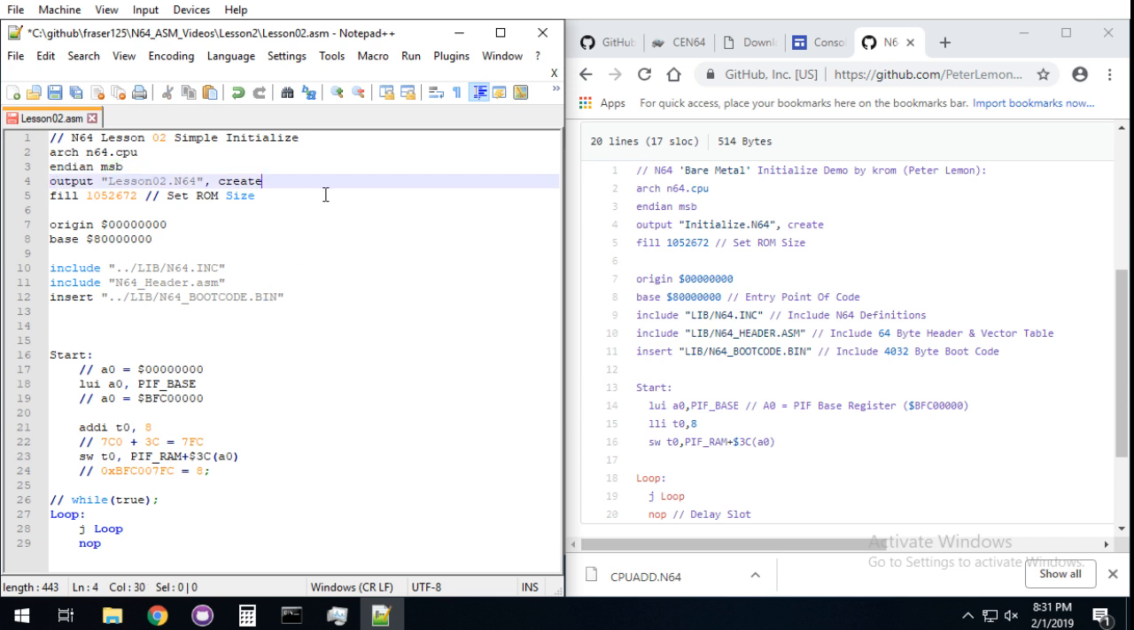So this output line. So this line is optional. The first two are required. Output, and what this refers to is the name of the ROM that is created. This way it can be different than the source file name. By default, it will take the source file name, but you can make it something else here. The other thing that's interesting here is this create. Oh,